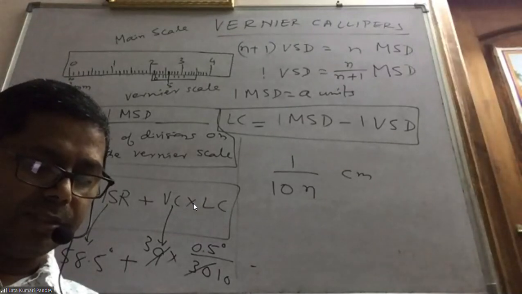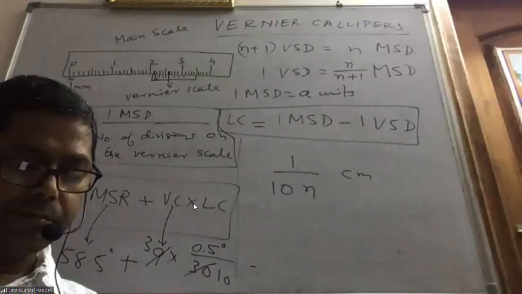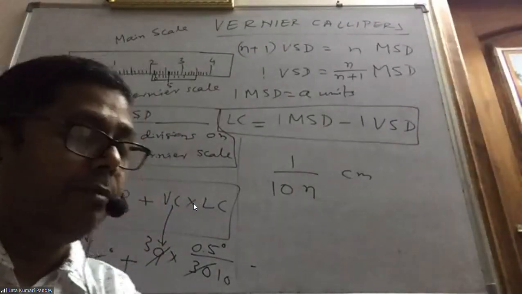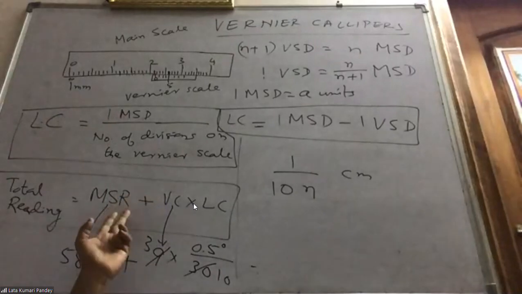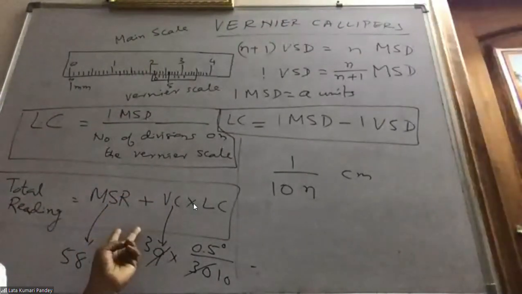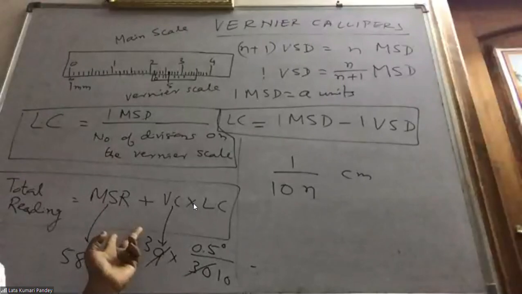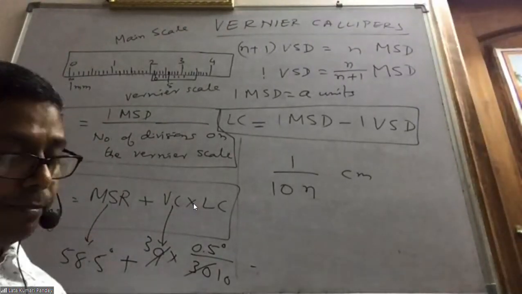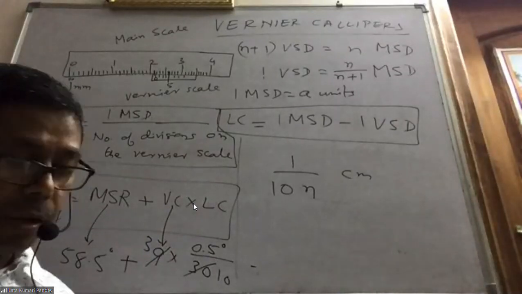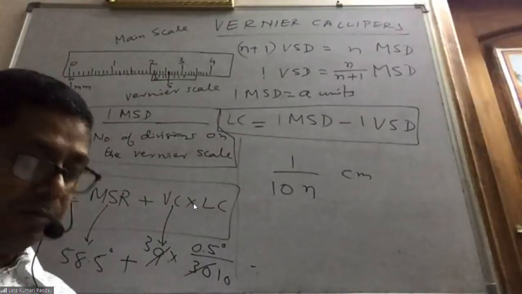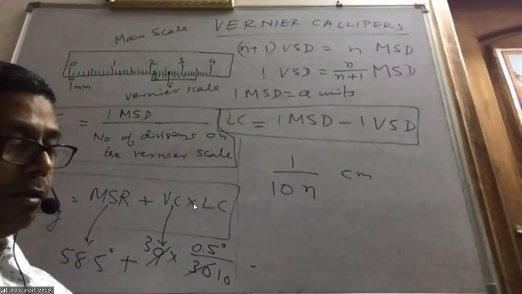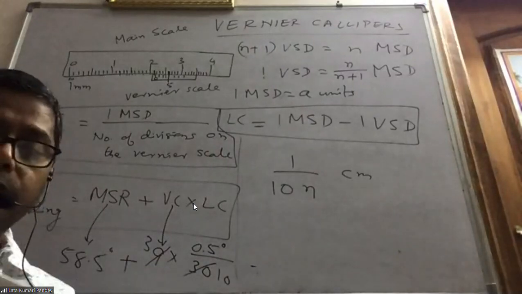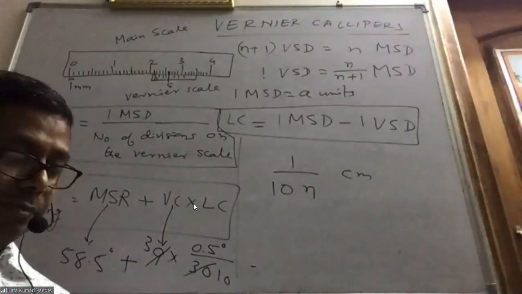Where is Ishwar? Ishwar is absent or what? Right. We'll take another question which is based on this formula. No, that is with screw gauge. Wait. Now one more question here. One more question of this pattern only. This pattern, more questions are available, right? Most of the time that is appearing.